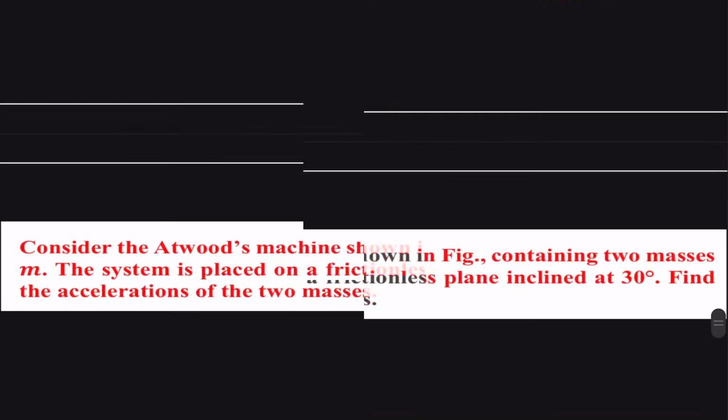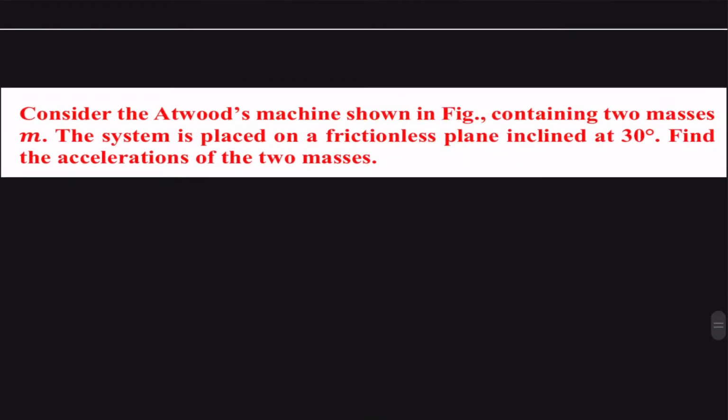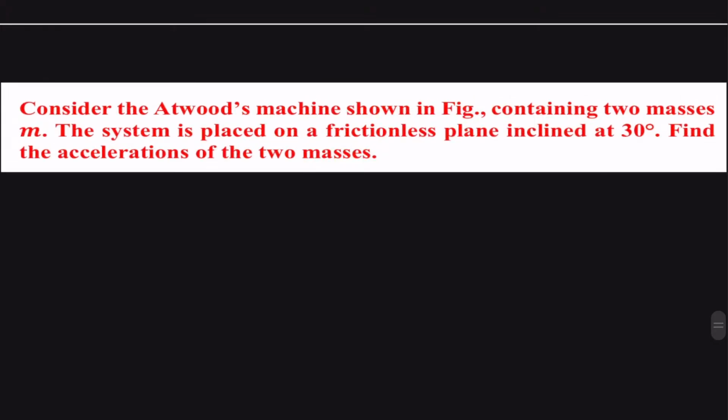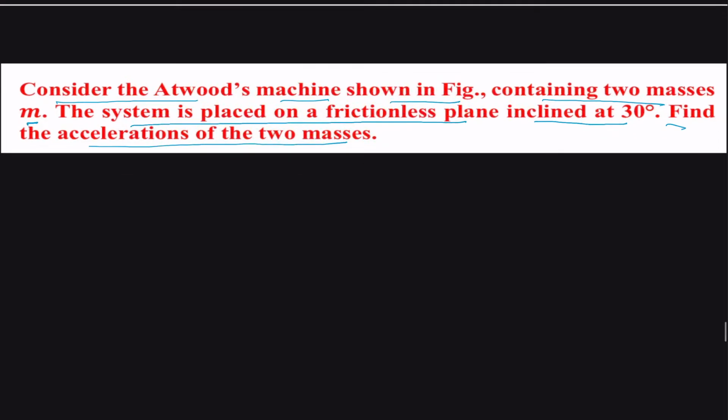Next question. It states that consider the Atwood machine shown in the figure containing two masses m. The system is placed on the frictionless plane, inclined at an angle 30. Find the acceleration of the two masses. So a figure is given, and we have an inclined plane at an angle of 30 degrees, on which we have a mass m,